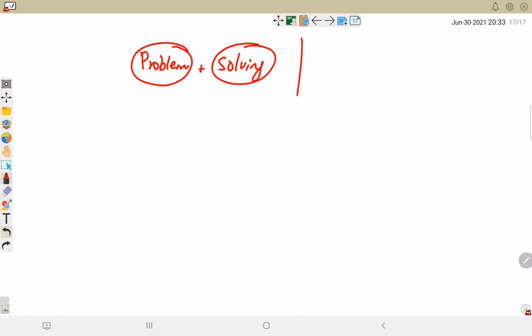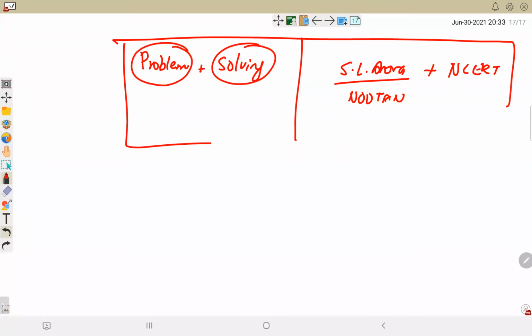But along with this, you are supposed to do S L Arora and NCERT also, S L Arora and similarly Newton for the ISPS. And you have to bring any doubt from any other book to the Friday class. We do DPP, but that is not sufficient. The practice from your side is very much required. So till Friday, I hope that you will be finishing it, and we'll discuss the remaining questions of this DPP also on Friday.